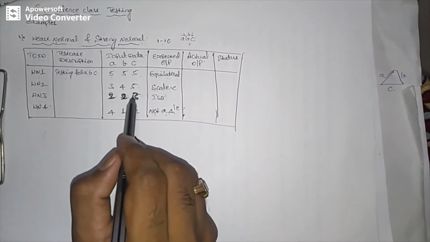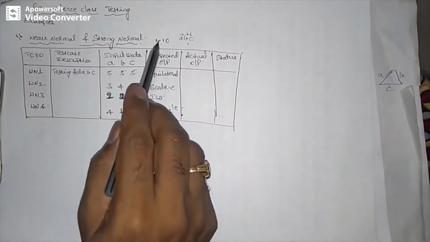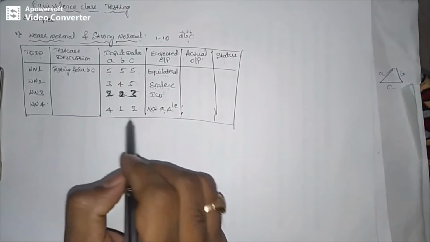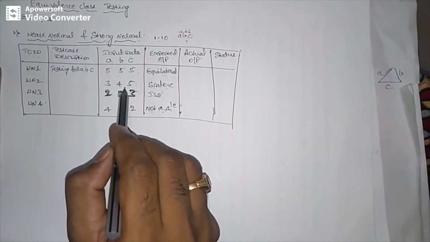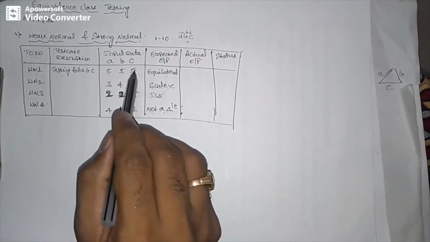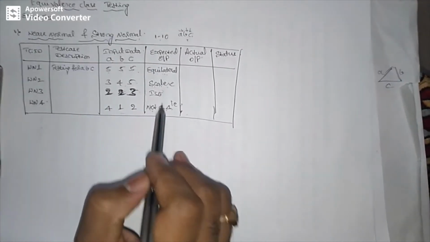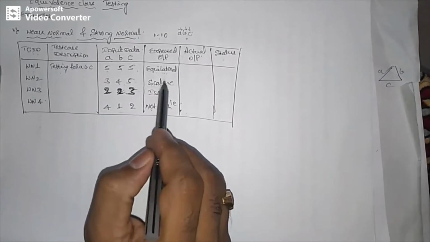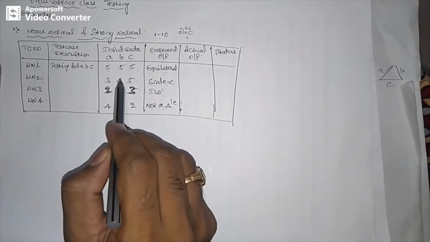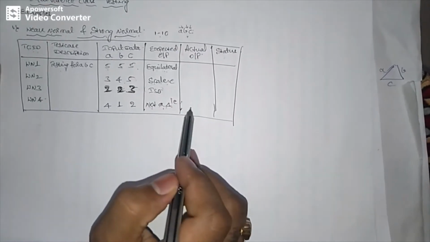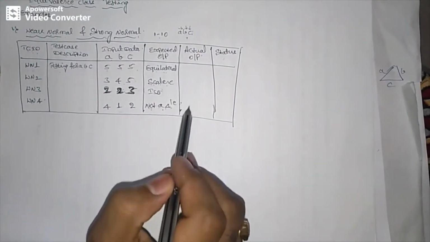The values should be valid input variables, all within the limit. Then only, as you can see, these are all valid input variables. When I specify valid input variables for a triangle problem, these are the expected outcomes. You have to list them out first. Based on that, you specify the input, write the description, and then cross verify whether you are getting the correct output result or not.